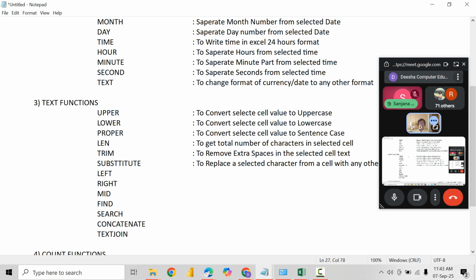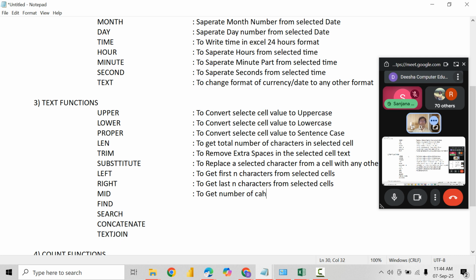with any other character. Left means to get first n characters from selected cells. Right means to get last n characters from selected cells. Mid to get number of characters from the position